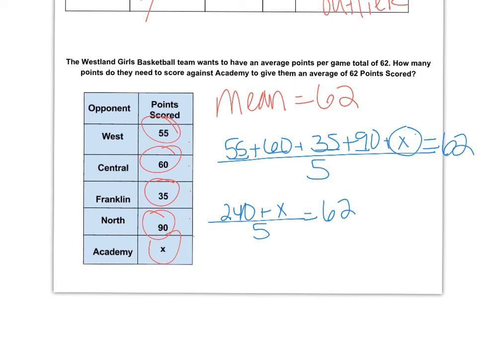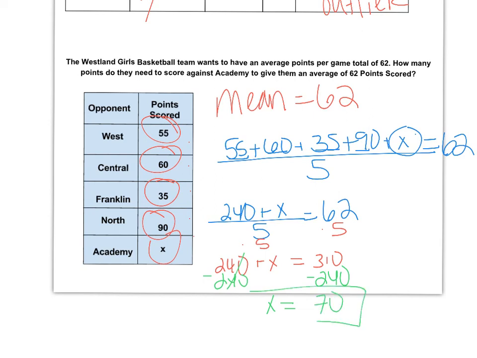So now to solve for x, I'm going to times by 5 on both sides. So I have 240 plus x equals 310. Then I'm going to subtract 240, leaving me with x equals 70. So I know that at Academy, at that game, they need to score 70 points to get their average of